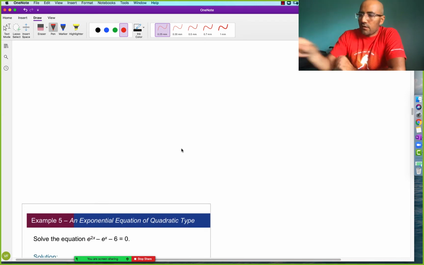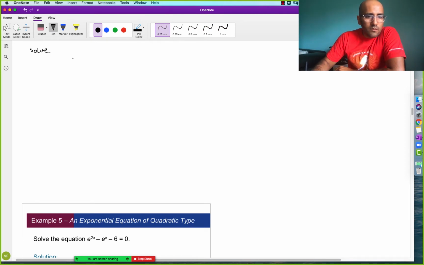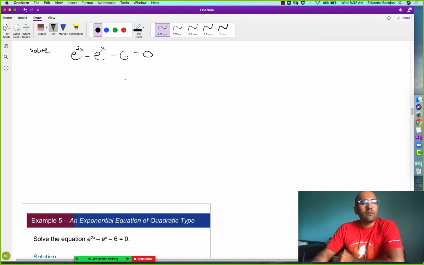There it goes. Okay. So, solve e to the 2x minus e to the x minus 6 equals 0. Okay, so it's an exponential equation because the unknown variable that we want to solve is up in the exponent. It's not quite as easy as before where we just applied a log to both sides and we're able to